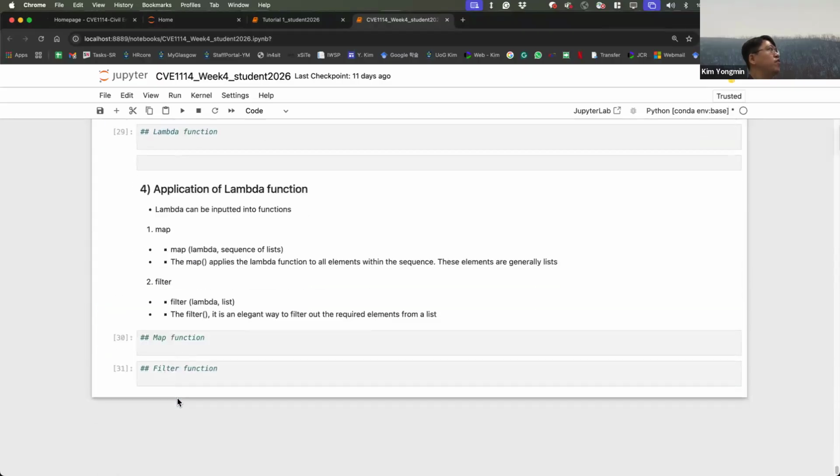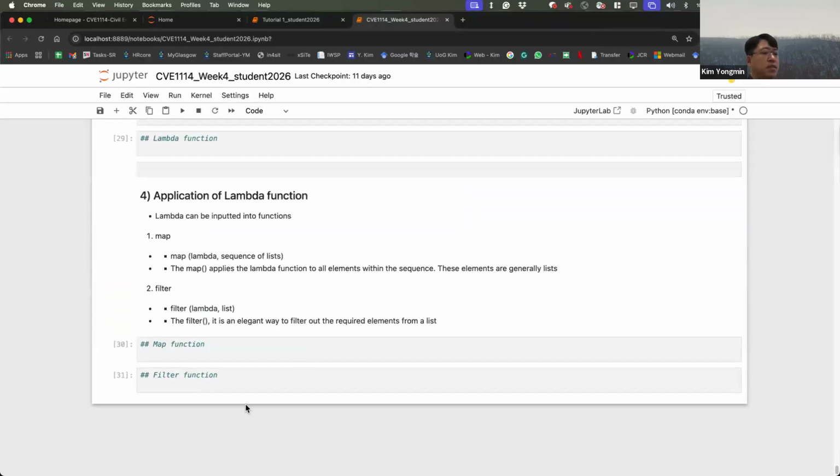This lambda function has two applications. One is the map function, and one is the filter function. The map function applies the lambda function to all elements within a sequence.